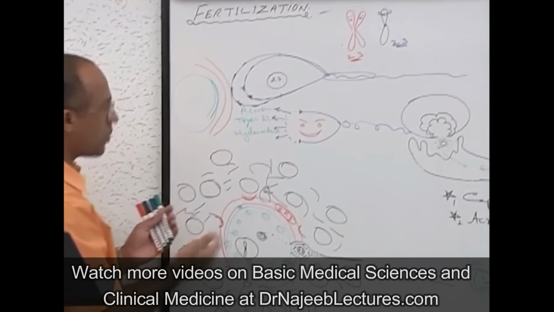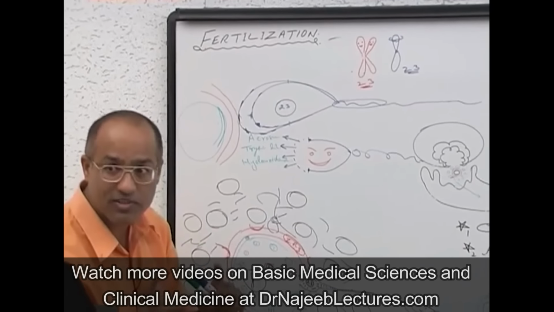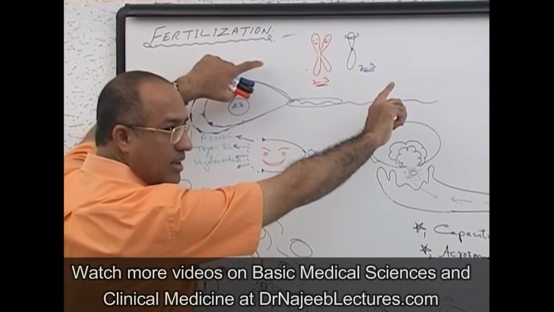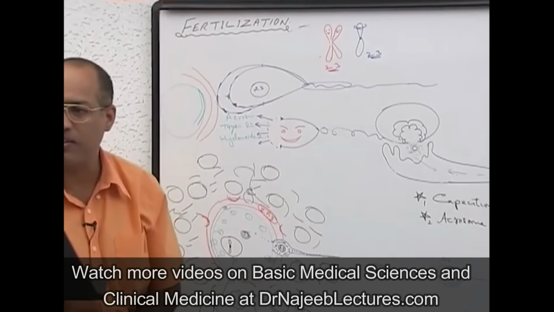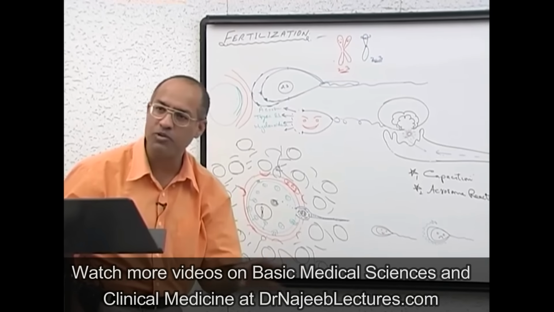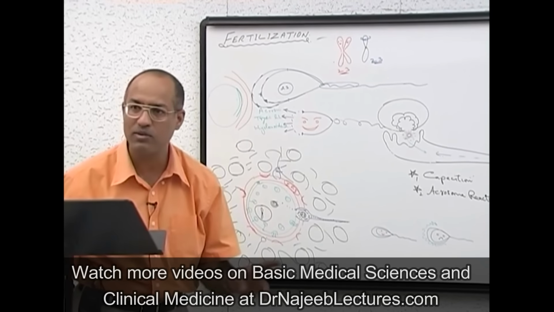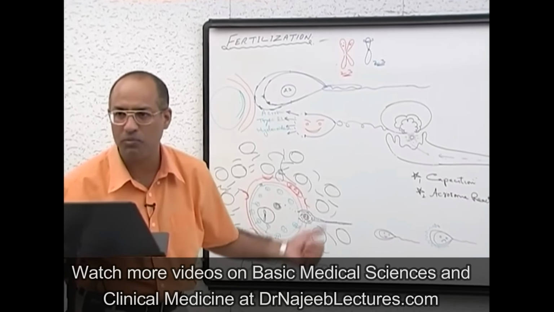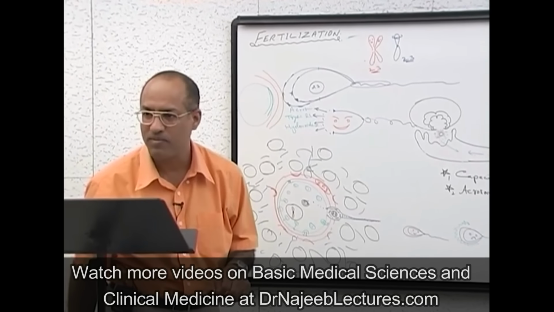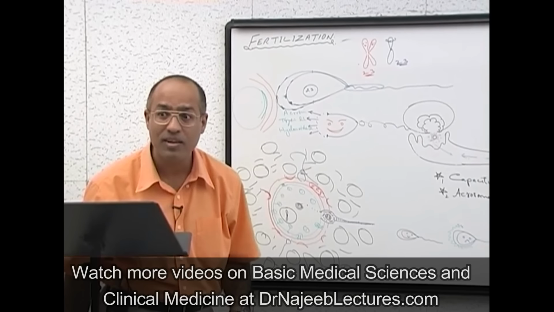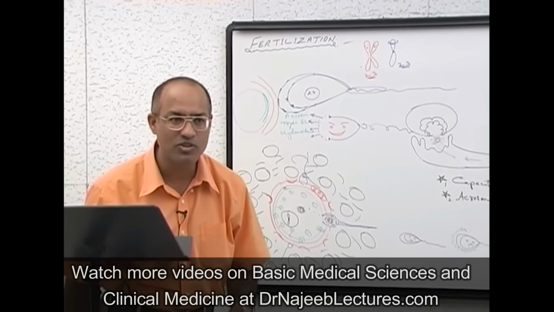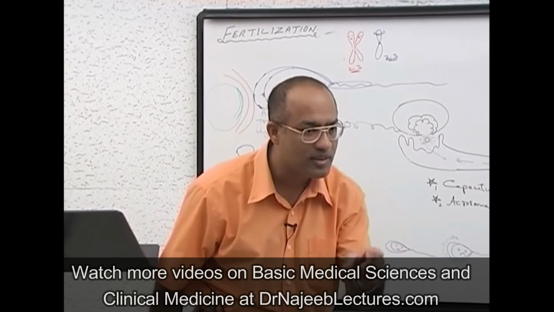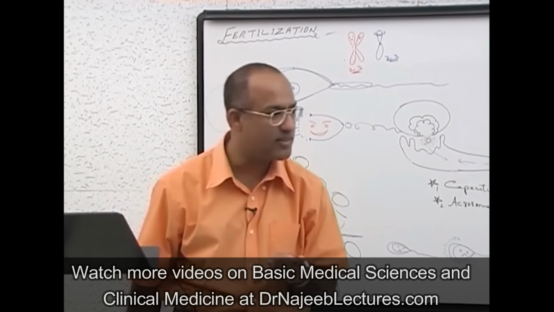Now of course, during the polar body formation process, or during the completion of the second meiotic division, every doublet of the chromosome separates. One group of chromosomes gets all the cytoplasm along with the nucleus, and the other group of chromosomes doesn't get much cytoplasm. That unfortunate one which does not get any cytoplasm is called polar body, because that is pushed on one pole of the whole zona pellucida, and the remaining ovum is called definitive ovum. So this is the process of fertilization which converts the secondary ovum into definitive ovum. Am I clear? Is that right?